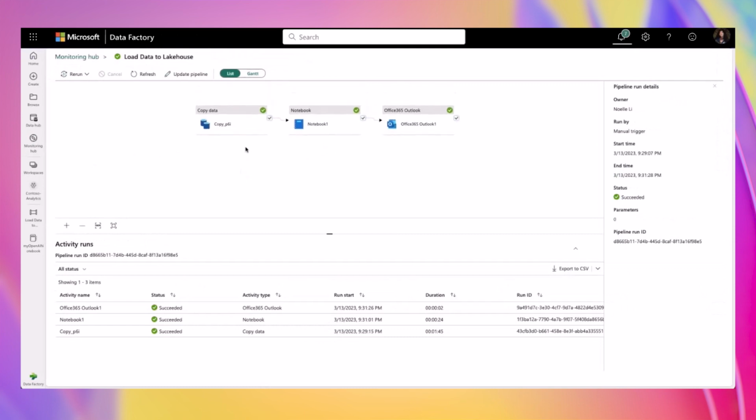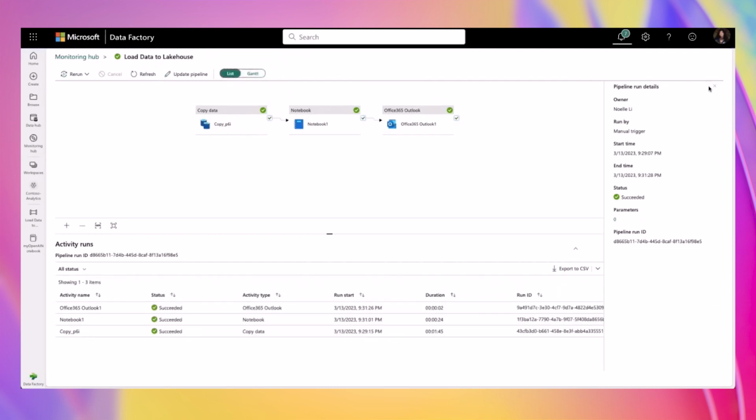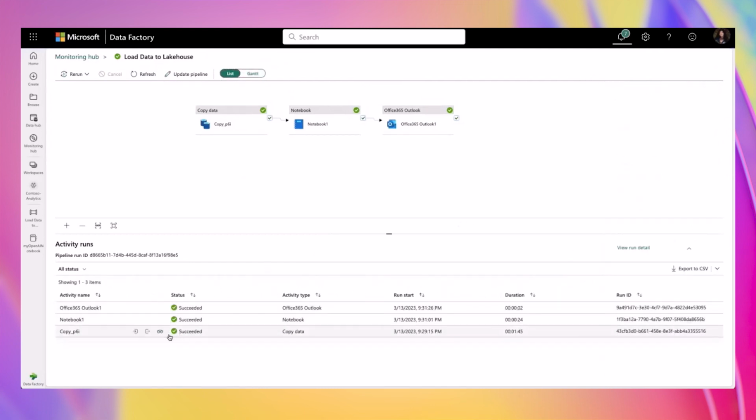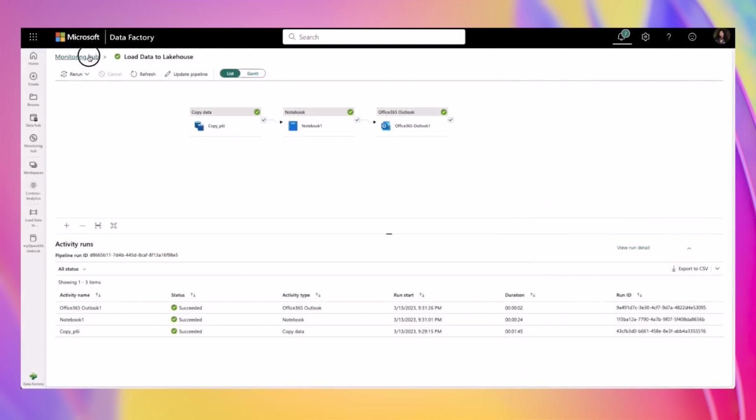Here, I can get a full understanding of my data pipeline execution status through different views. I can also drill down into each of the activities that are running in my data pipeline. For example, I can click on my copy activity to get an in-depth analysis on how the copy activity ran. When we go back to the